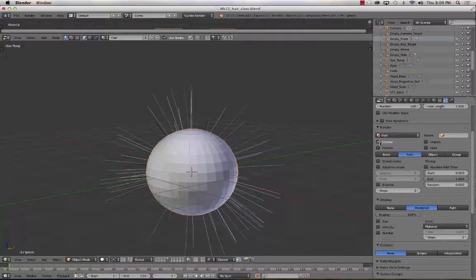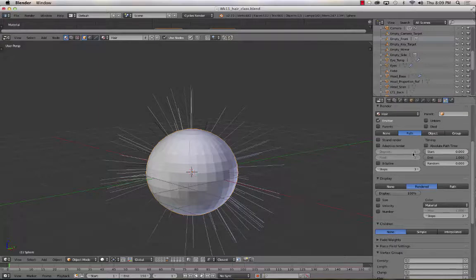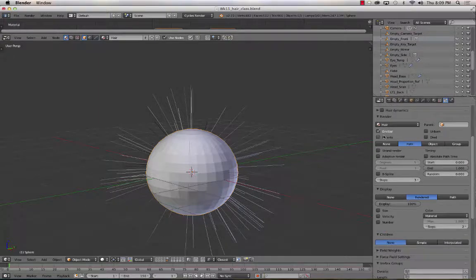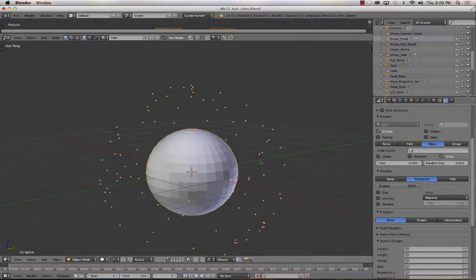I have an option to render the emitter or not. For our purposes, when we get to actually doing real hair, we probably aren't going to render the emitter. But you can choose whether or not to render that. Parents and other things. We have type of render, so render none. Render path, which is the strand, which is what we're going to be using. You can render an object. So you can render, let's say I set the object to be,